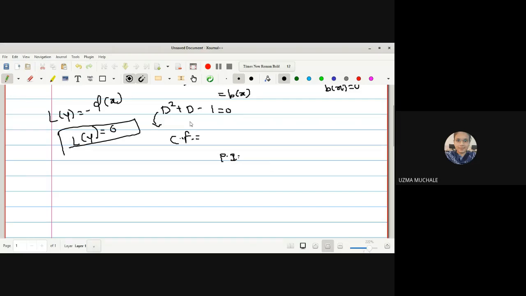Okay, just like the thing we have done for solving the differential equation previously, we have solved it and first we have found the CF and then the PI. Here there are some considerations which were given by Green, so that's why the name is Green's function. What are those considerations? The function g of x,t is called a Green's function for L of y for a given function that is written in the form of right here.